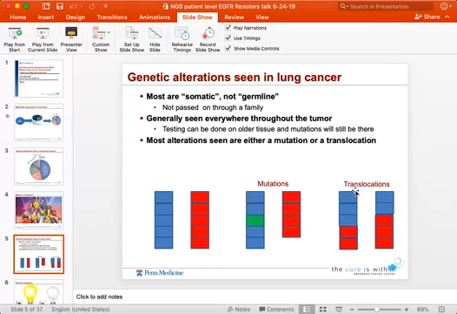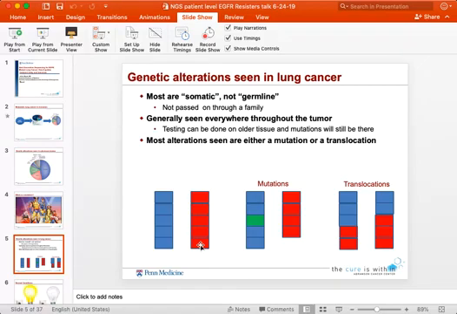The other type of genetic change which can be seen is what's called a translocation, which you can see on the right side of the slide. And what happens there is that you have two chromosomes, and part of one breaks off and goes on to the other piece. And this can be highly, highly problematic, because if you think about it, if you have a